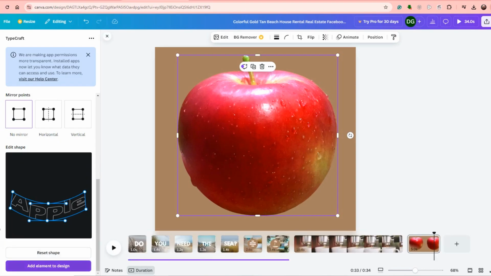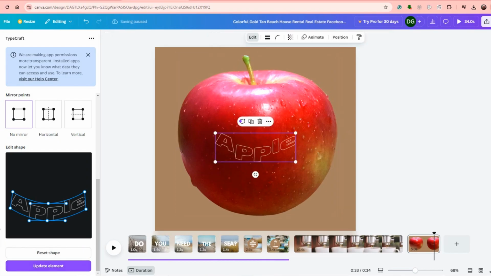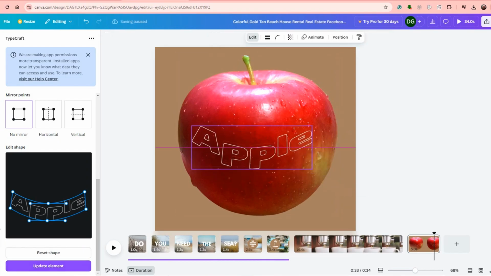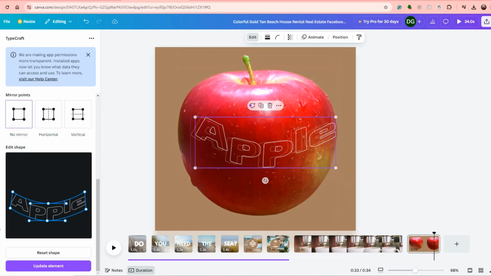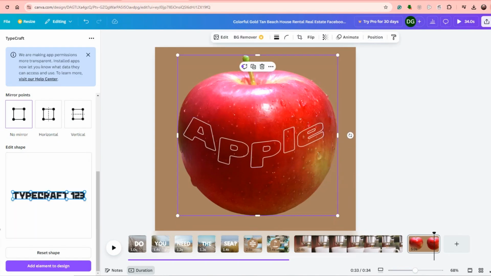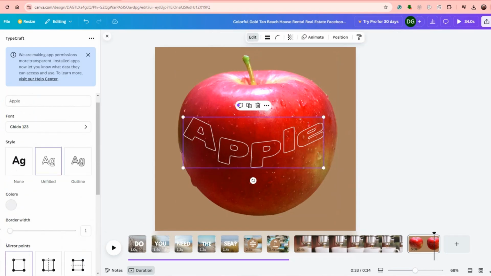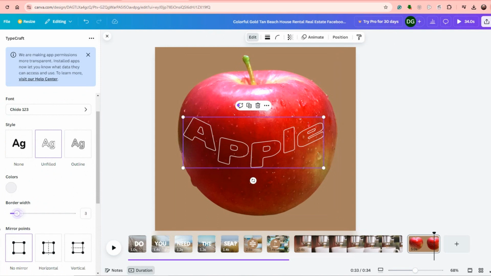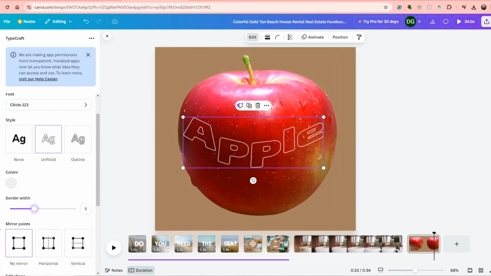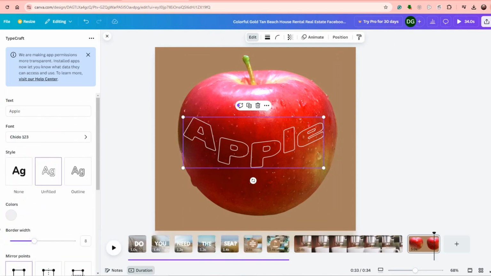So let's add the element, and you will find here the typography for the element, and you can see it looks better than if you add a text normally. So this way you can do it, or you can also edit in the left side. You can edit. Okay, so here is how you can edit typography design on Canva